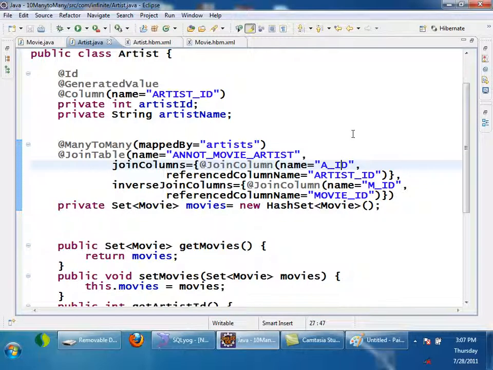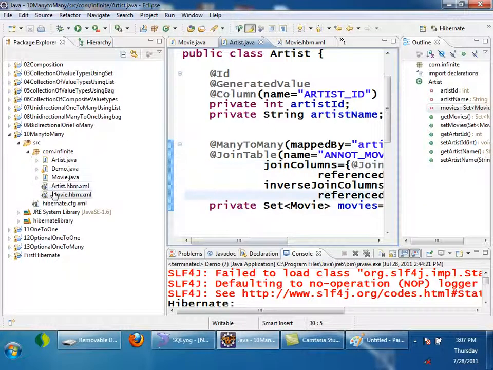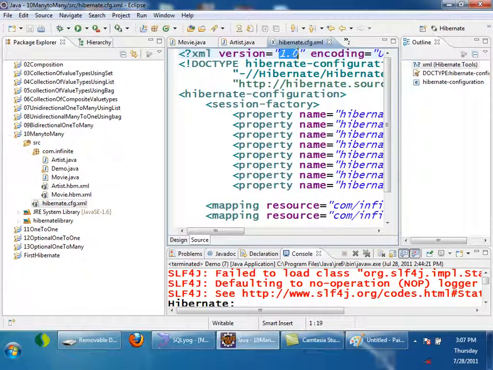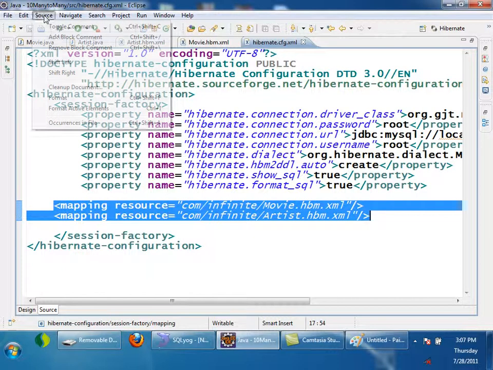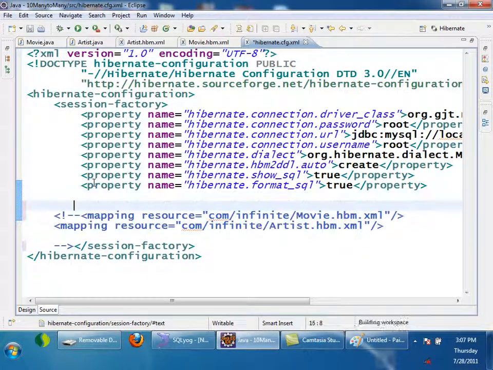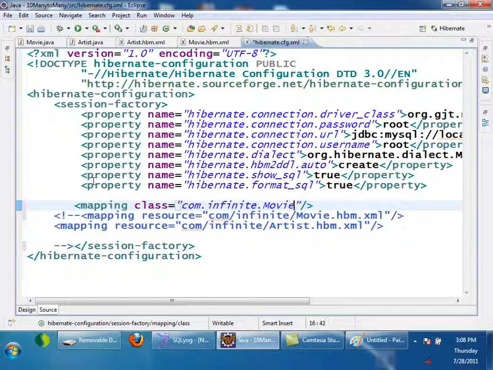Next, what we will see is how to map one-to-one relationship using annotations. If you have to run this, then we have to change cfg.xml. Write the mapping tag, com.infinite.movie.Movie.